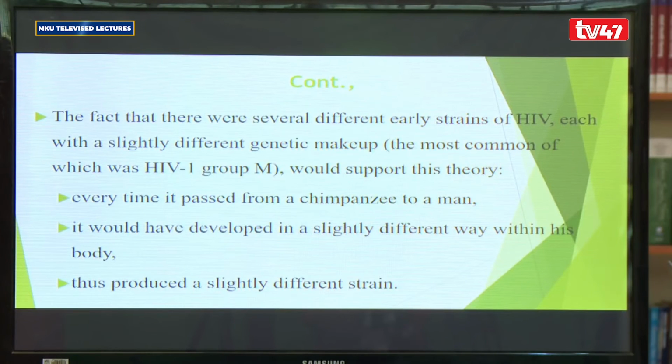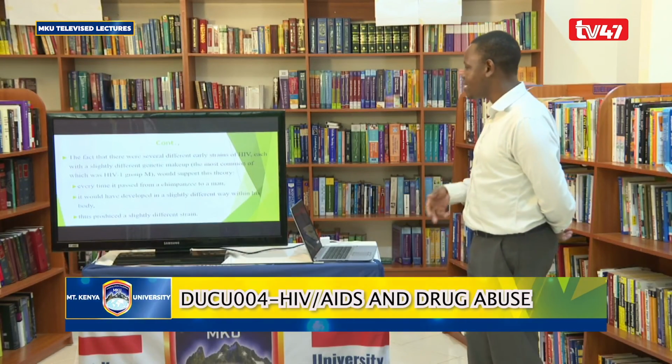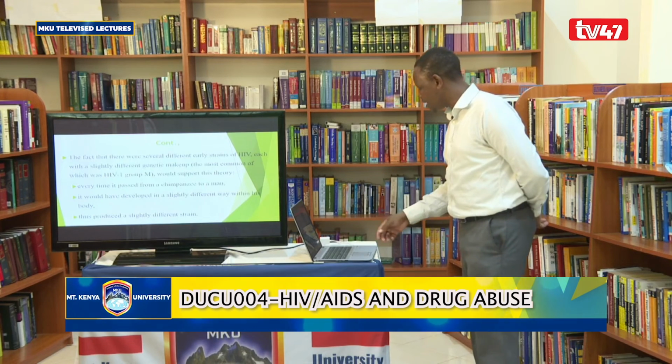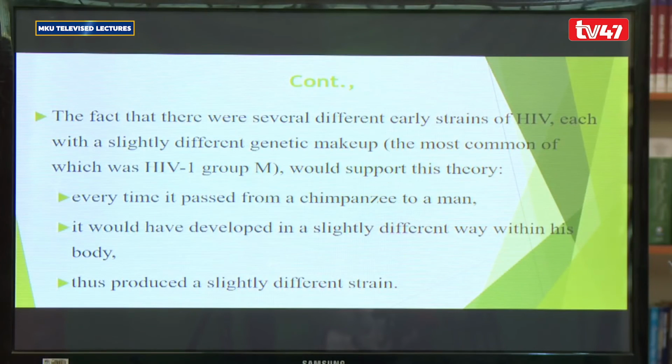The fact that there are several different early strains of HIV, each with slightly different genetic makeups, the most common of which is HIV-1 group M, will support this theory. Every time it passes from a chimp to a man, it will have developed in a slightly different way within the body, thus producing slightly different strains, because the virus just mutates. It takes time as we go along. It's just mutating, and this theory is explaining about